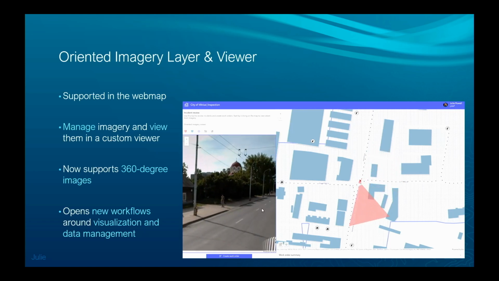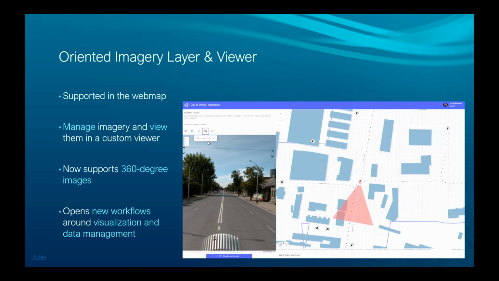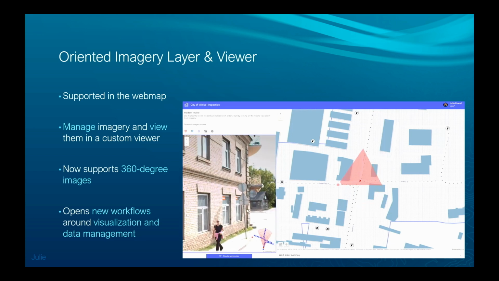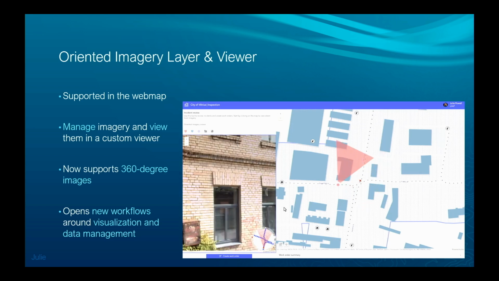Another one that you definitely saw in plenary, because this was my demo, is the oriented imagery. I'm really excited about this one, as a lot of people know, because many people have asked for the capability to display and work with street level imagery. It's not limited to street level imagery. You could work with drone inspection imagery, close range imagery, and you could attach a phone or a GoPro to a garbage truck and just capture imagery as it's driving around